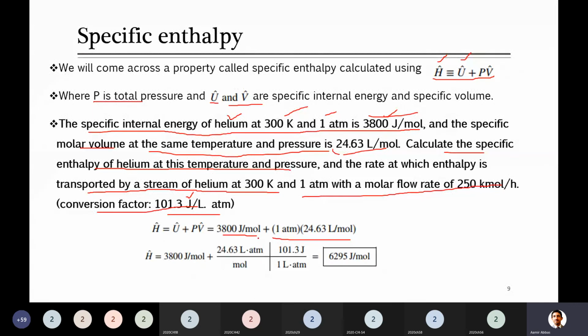So overall, let me quickly go through this. This is joule per mole. I will keep it as such. In order to bring joule per mole on the other side, I have used this conversion: joule is equal to liter into ATM. And guys, this is the same unit of energy, since liter is volume and ATM is pressure. So that's dimensionally consistent. You can verify it later. Liter into ATM will cancel, and your answer is in the form of joule per mole. So this is the specific enthalpy which you are doing.